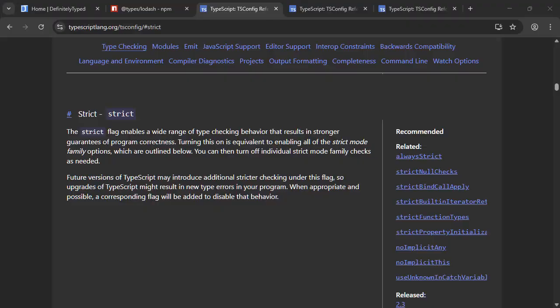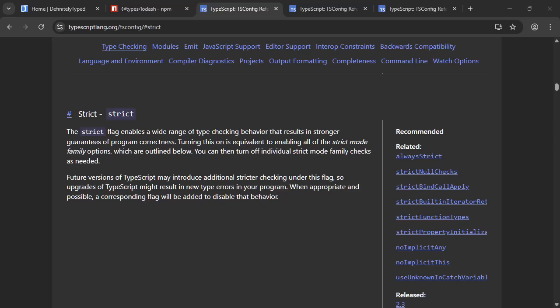Okay, our final section of this course is TypeScript best practices. Let's begin with one of the most important aspects of writing TypeScript code, the strict mode in tsconfig. Strict mode is a set of TypeScript compiler options that help catch potential issues in your code before runtime. By enabling strict mode, you are ensuring that TypeScript applies rigorous checks to make your code safer and less error-